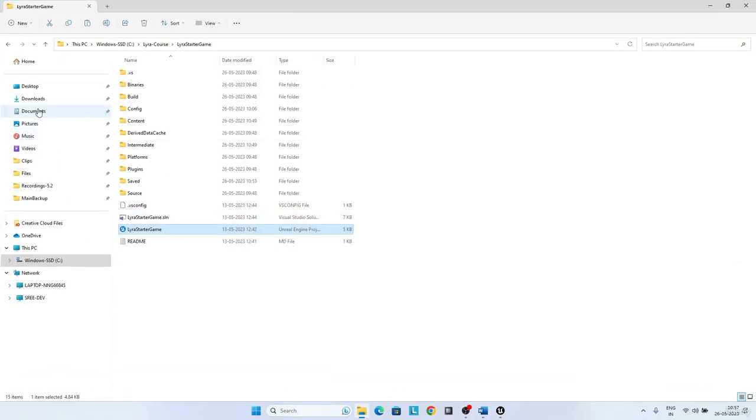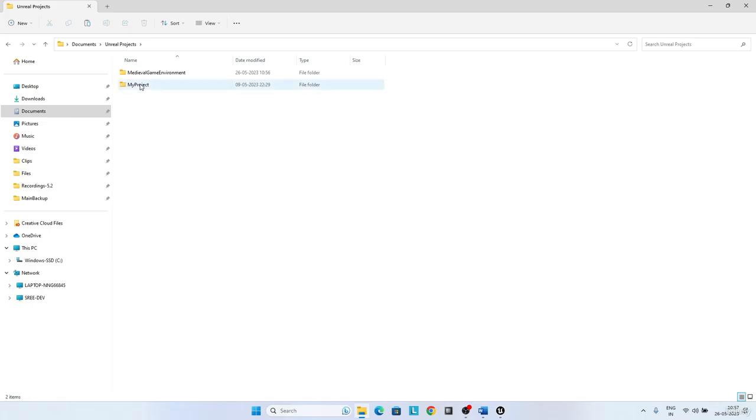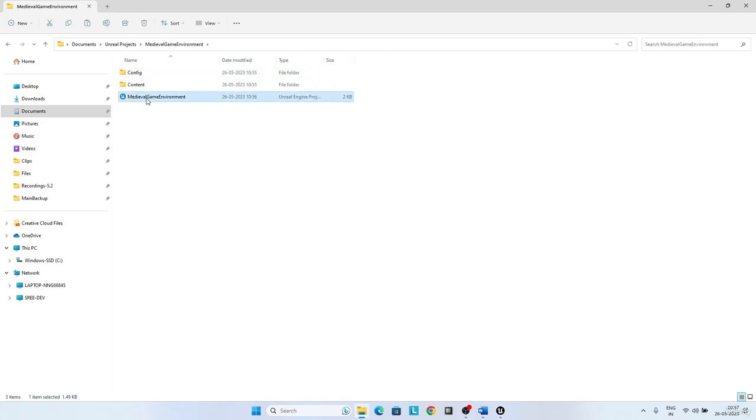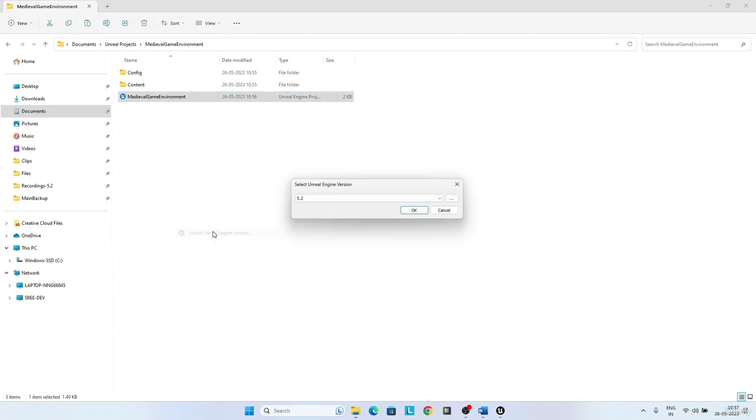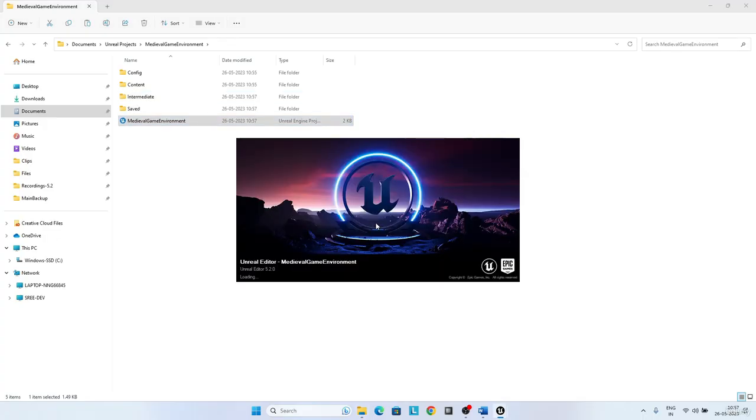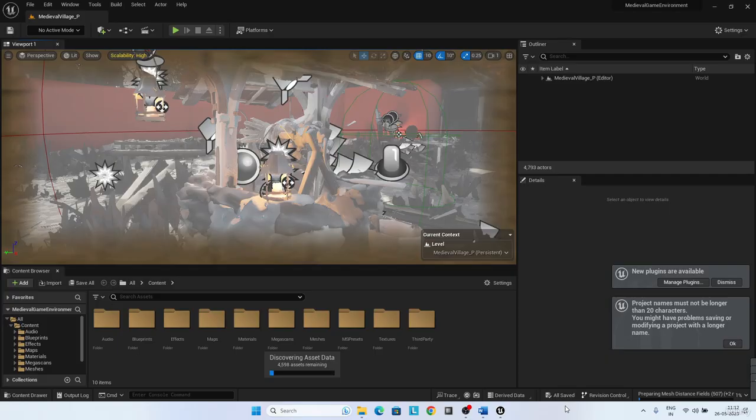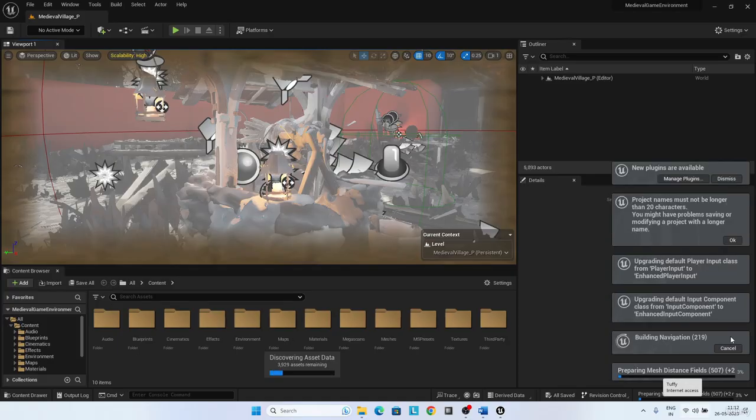First, we need to convert the project to Unreal Engine 5.2. For this, right-click the project and click Switch Unreal Engine version. Select 5.2 from the drop-down. Open the downloaded Medieval Game Environment project. Once the project is loaded,